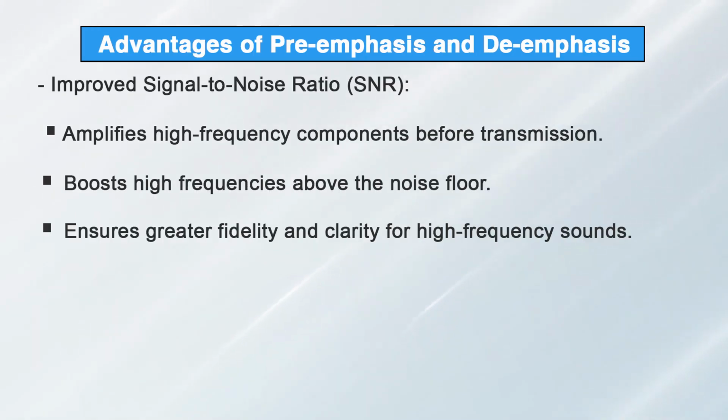The advantages and limitations of pre-emphasis and de-emphasis techniques. The pre-emphasis and the de-emphasis techniques offer several advantages in the realm of frequency modulation communication. The primary advantage is the significant improvement in signal to noise ratio for high frequency signals. Pre-emphasis amplifies the high frequency components of the audio signal before transmission, thereby boosting these components above the noise floor. This enhancement ensures the high frequency sounds, which are typically more susceptible to noise, are transmitted with greater fidelity